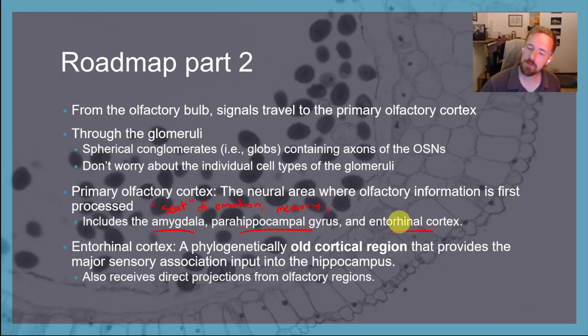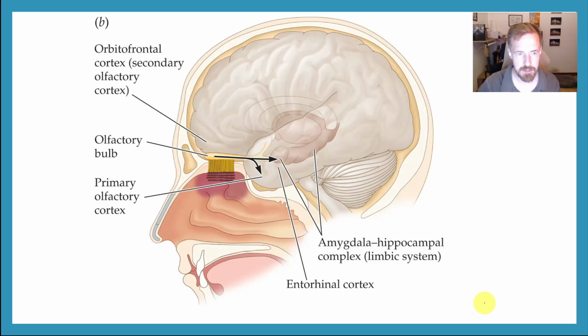And so, hopefully that gives you something to think about. When we talk about our sense of smell, maybe the reason why it feels a little bit different than some of the others is because, on one hand, it could be more emotional because a primary perceptual region of the brain that's responsible for processing this stuff is the amygdala. It could be tied to memory because of the parahippocampal gyrus. And it could be built around associations we formed because of the entorhinal cortex.